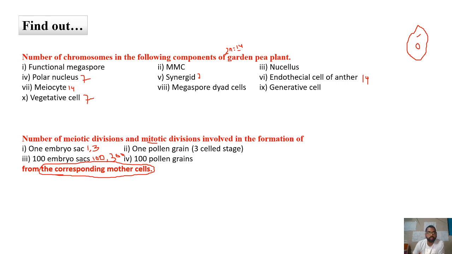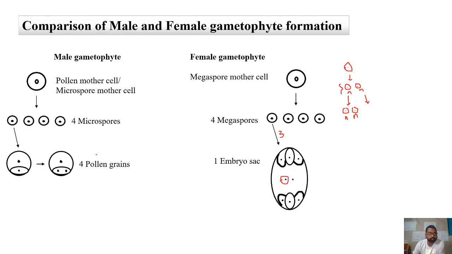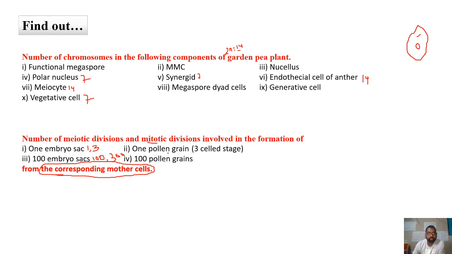That's the answer. Now coming to the pollen grain, for the formation of 1 to 4 pollen grains, one reduction division is enough. If the question is about one pollen grain, then one reduction division. If two pollen grains, one reduction division only. If three, one reduction division only. And if it is four, also one reduction division only. But after that, for the formation of, for example, 5 pollen grains, a minimum of two reduction divisions are required. That is, two meiotic divisions are required.